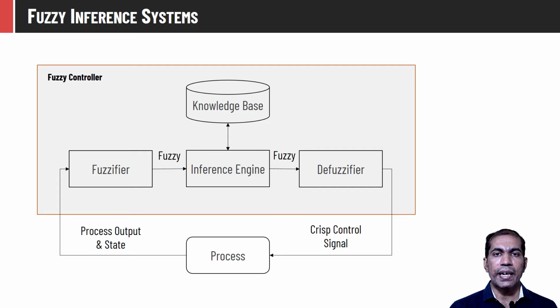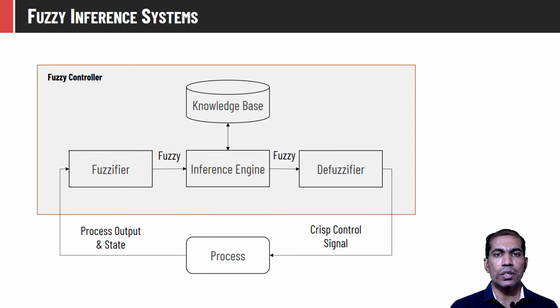Now this output cannot be directly given to the controller, so we need a mechanism by which we can convert that fuzzy output into crisp output. Consider the auto mode of an air conditioner. The temperature of the conditioner is set based on different parameters like what is the size of the room, how many people are there in the room, what is the temperature inside the room, what is the temperature outside the room, and many other parameters. So all those readings are in crisp form.